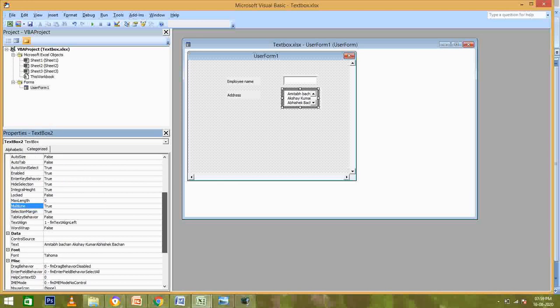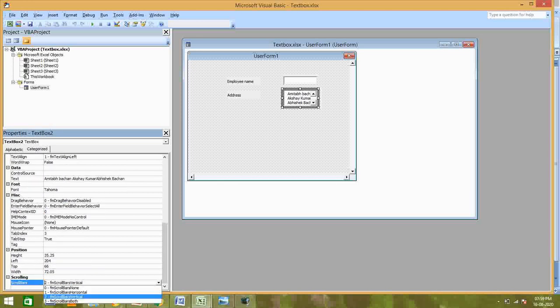And the last one: sometimes we require both bars, horizontal and vertical. So I will choose both. As I increase the size, you will see the horizontal bar vanishes. When I decrease the size, the horizontal bar comes back.